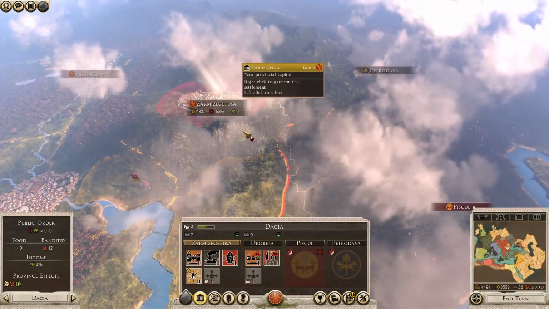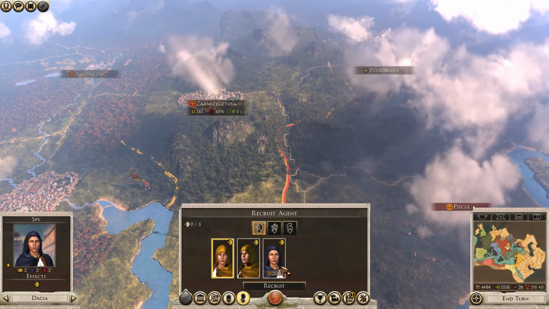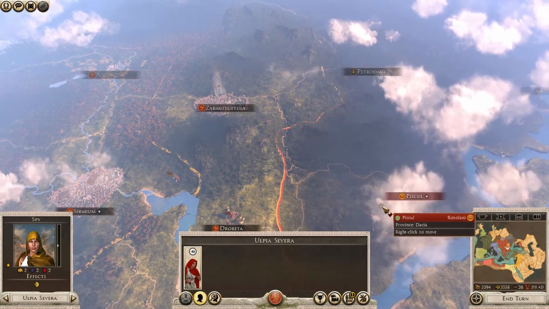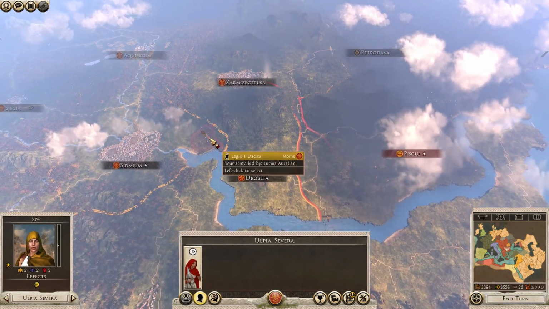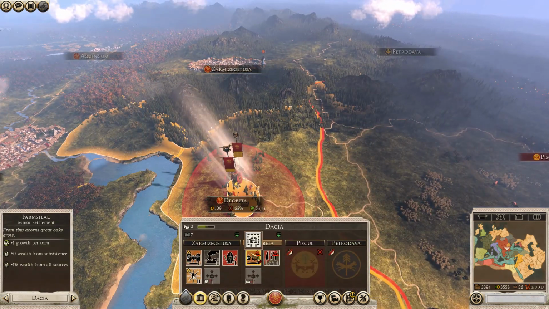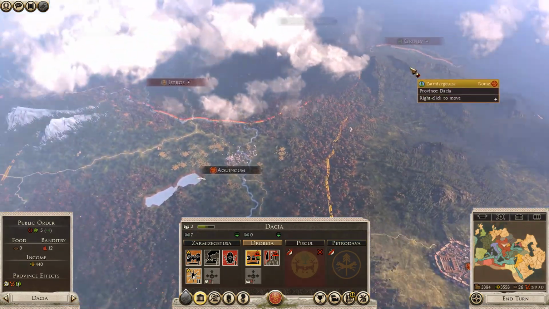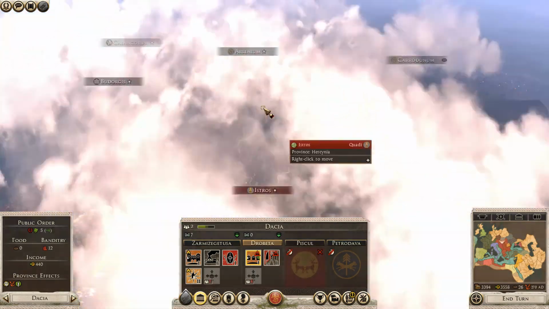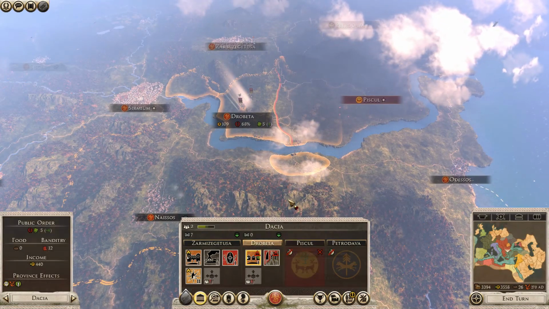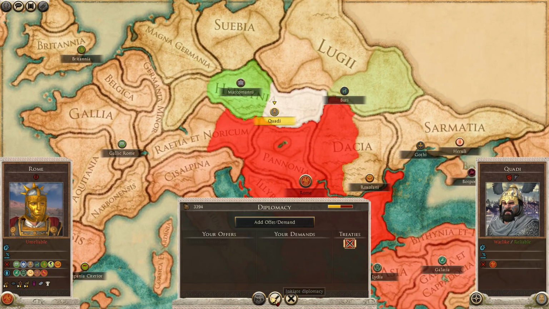I need a spy. I need to recruit a spy. Send her into the Roxolani territory, because we want to conquer these guys fast before the Buri come down and attack us. And these guys over here are right by our settlement. But before that, let's just see if these guys...